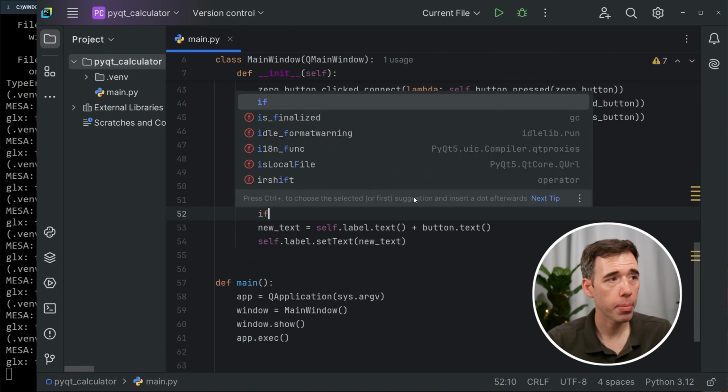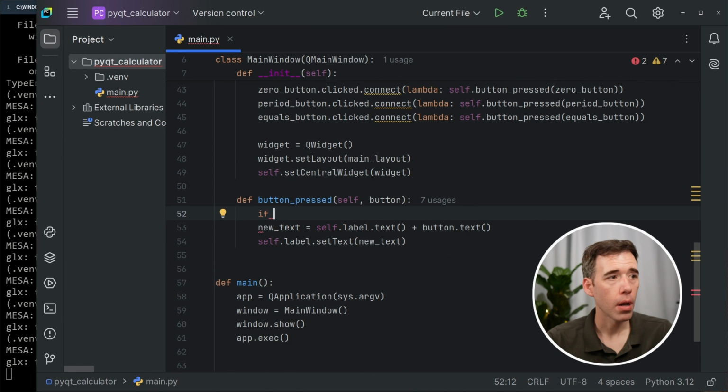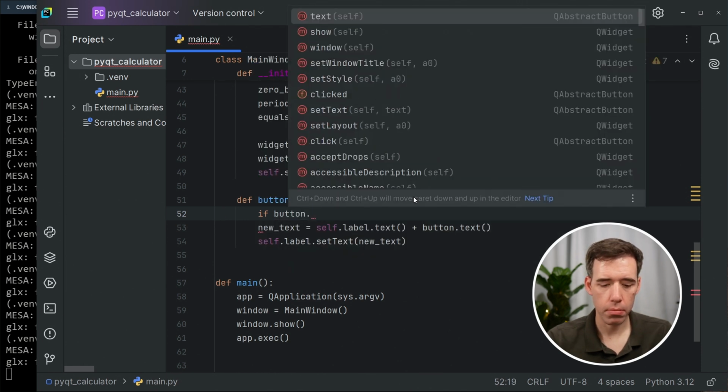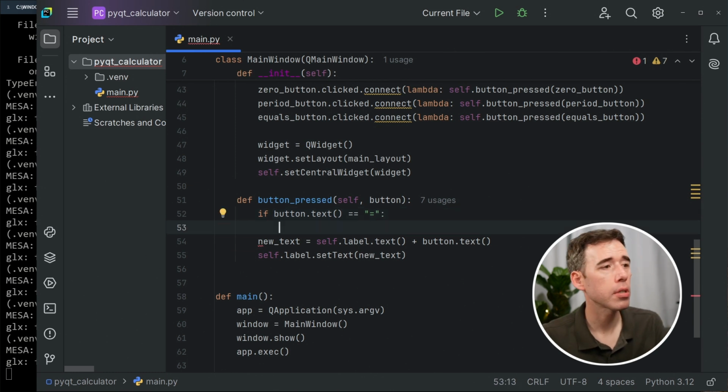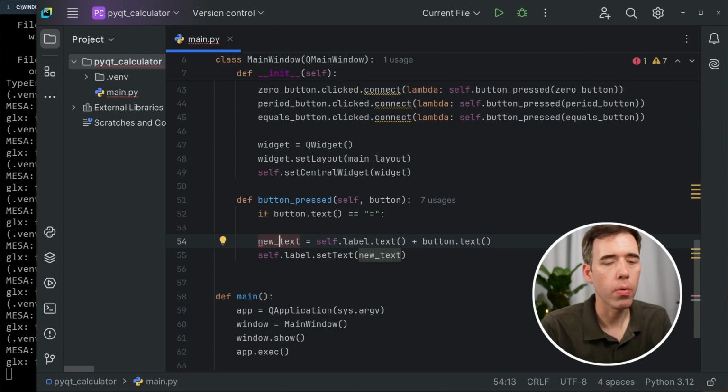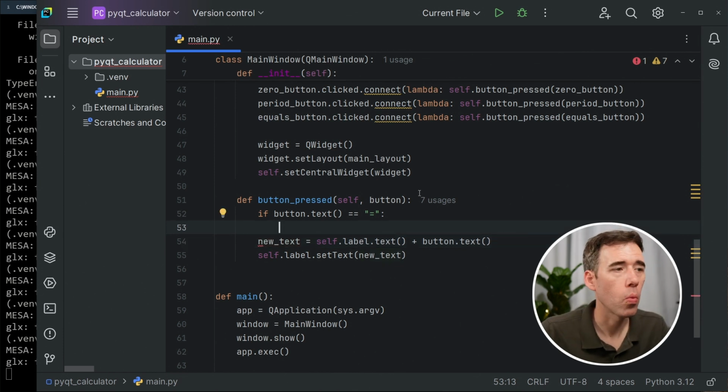So what we're going to do is put an if statement here. So if button.text is equal to the equal sign, so if the button that we pressed is the equal sign, what we're going to do is evaluate what is in the label, and then set whatever we evaluate in the label as the new text. So new text